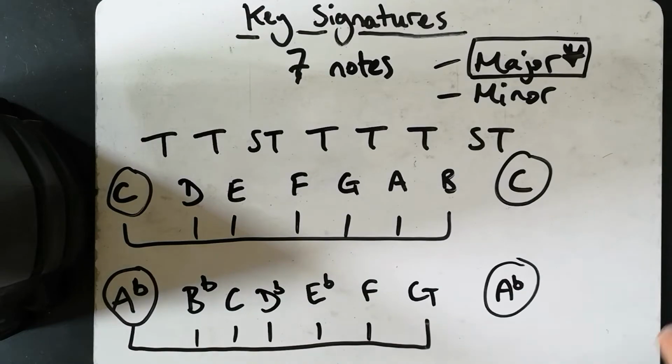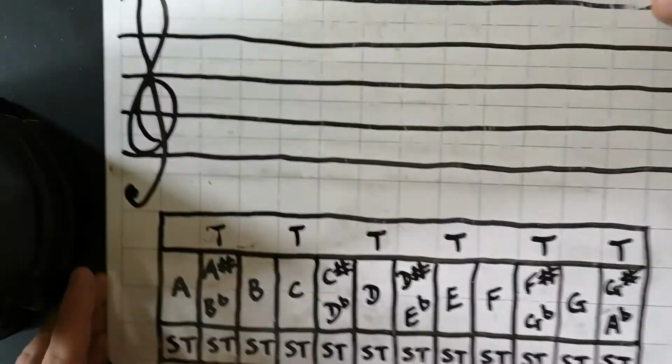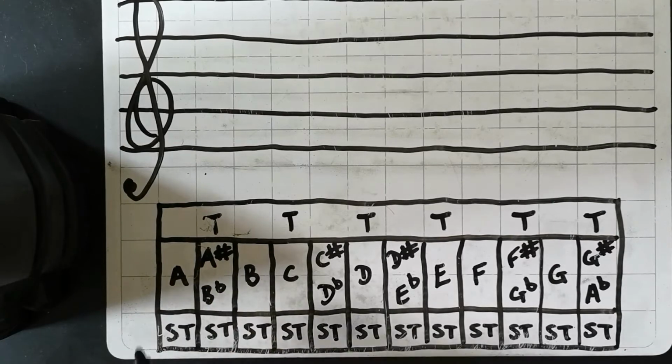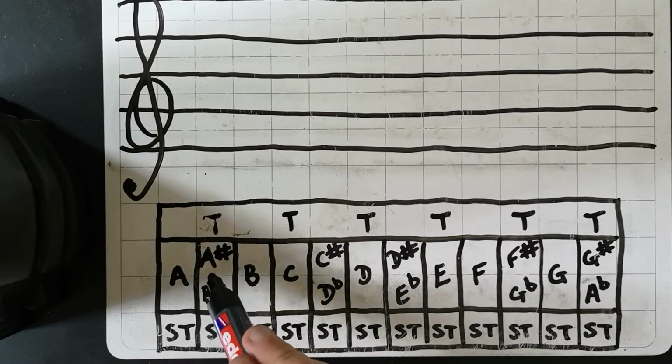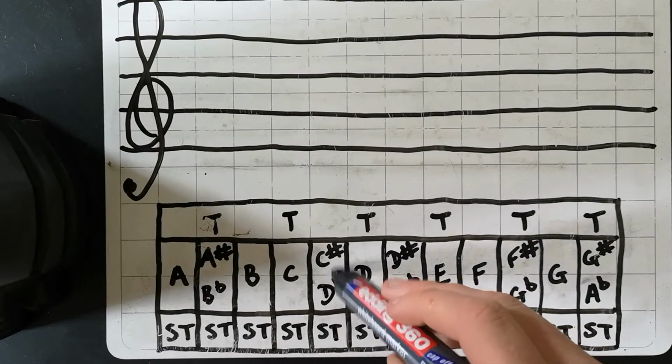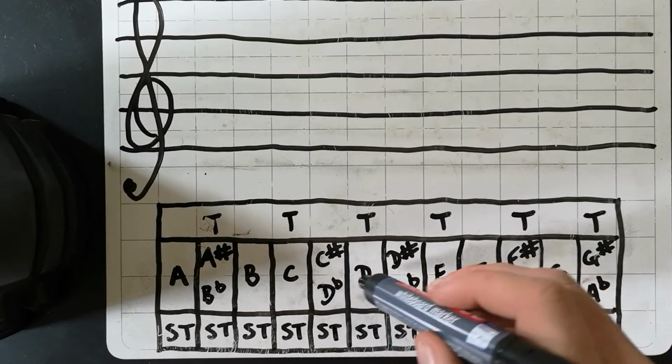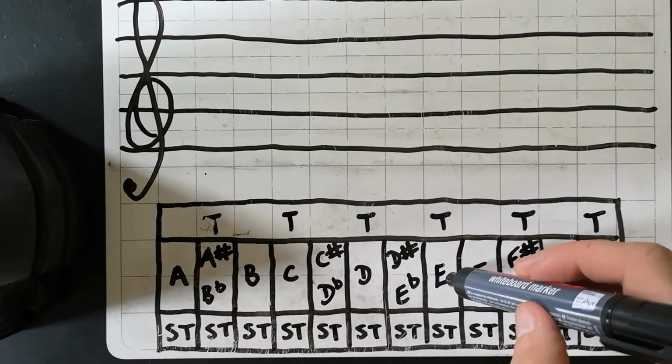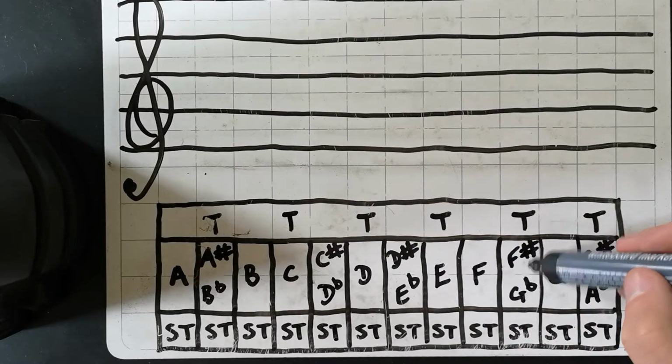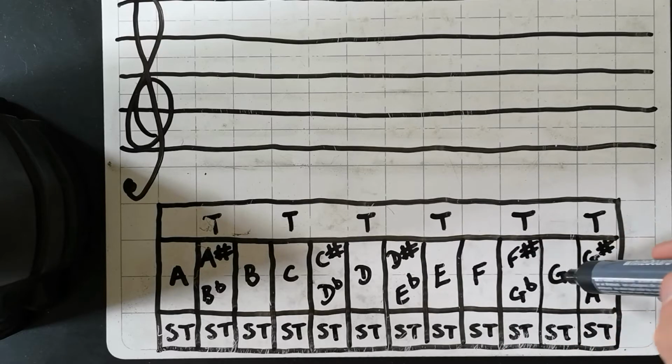What I want you to do now is, if I flip this over, I've written out all the different notes we've got: A sharp or B flat. These are the same note, just 2 different names. B, C, C sharp, D flat, again same note, just 2 different names. D sharp and E flat, E, F, F sharp or G flat, same note, just different names, G, and then finally G sharp or A flat. I'm going to use that rule of tone, tone, semitone, tone, tone, tone, semitone